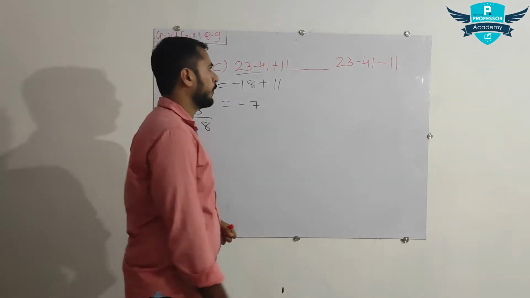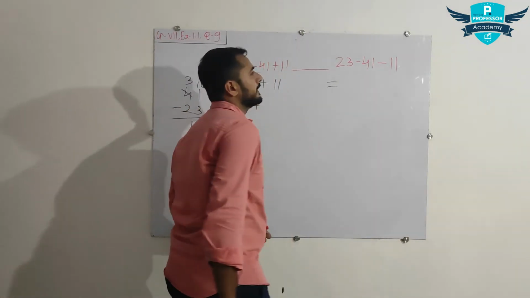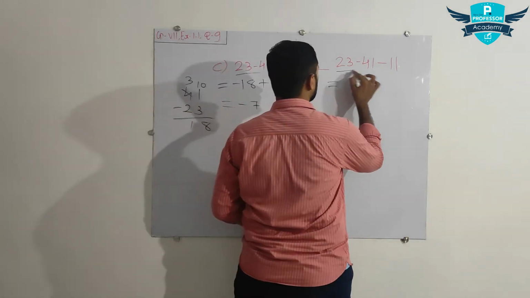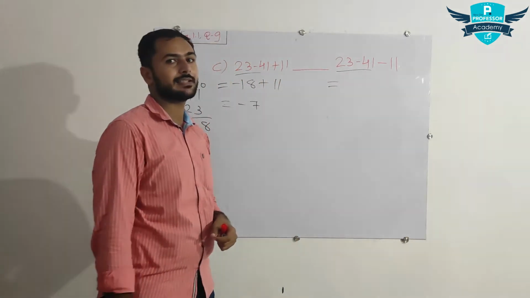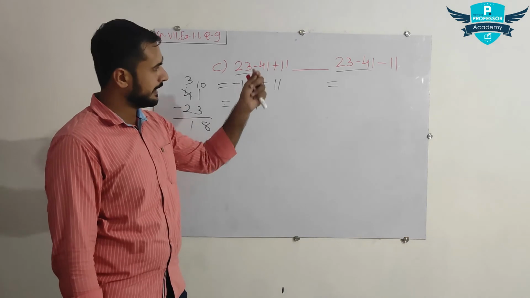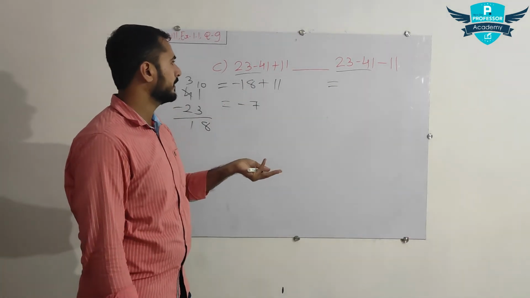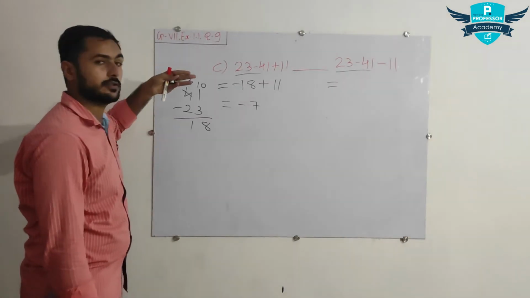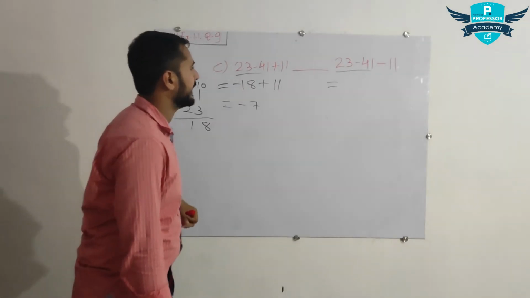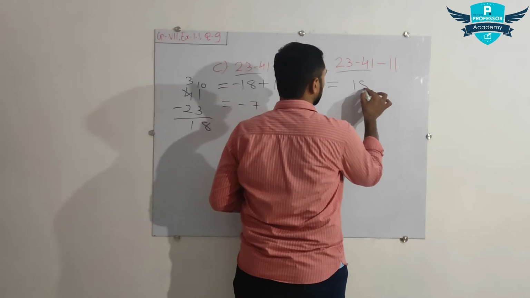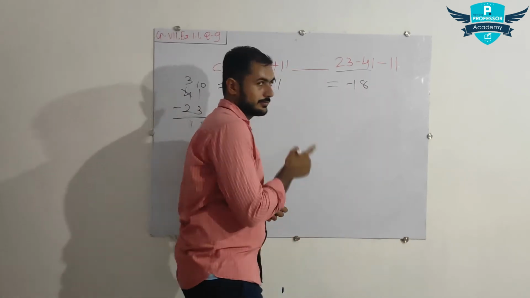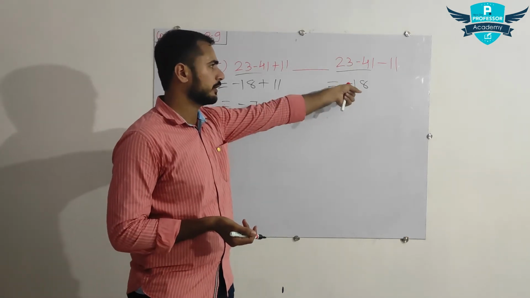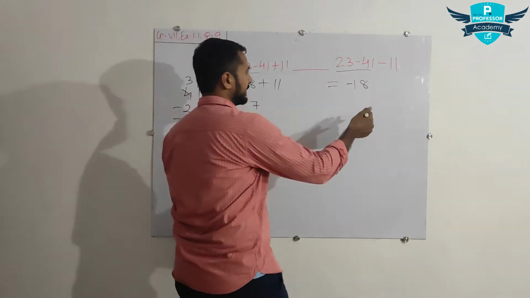Now let's see the right hand side, that is minus 23, minus 41 and minus 11. Let's start with the first two numbers, minus 23 and minus 41. Again just subtract that as we did here. The same process. See, so we got the answer 18. Minus 18 is the answer, because of the minus 41 being negative. So the sign of the bigger number is negative. And minus 11 as it is.